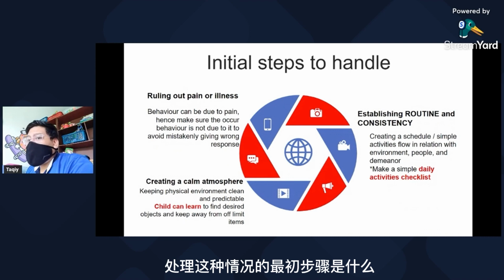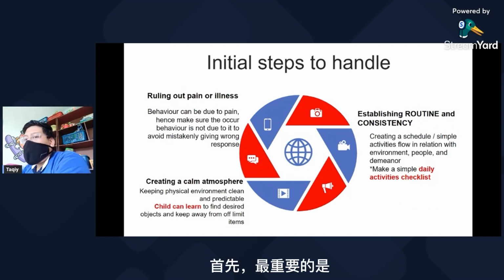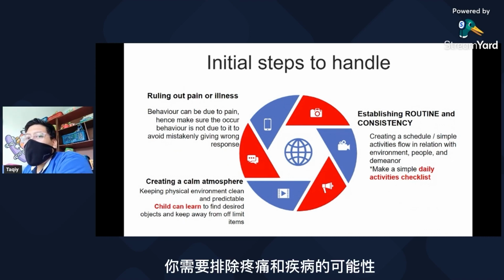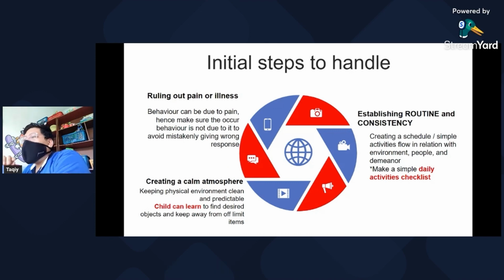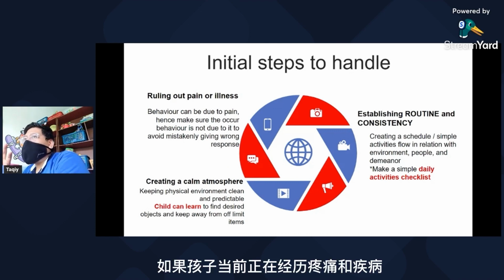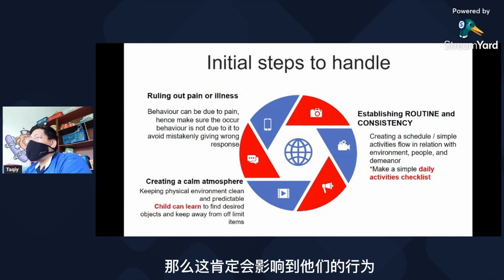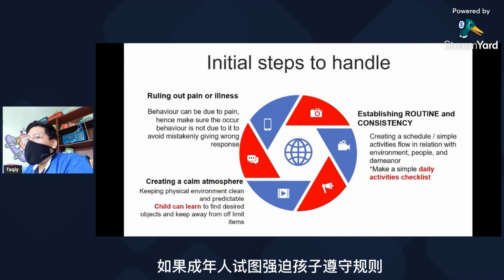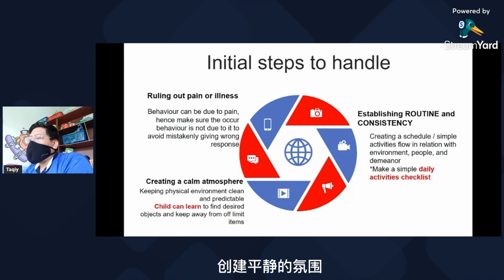What are the initial steps to handle this? First and foremost, you need to rule out pain and illness, because if the child is currently in pain or ill, there is definitely going to be a behavior issue if the adult tries to push the child to adhere to what they are saying. Next is creating a calm atmosphere.